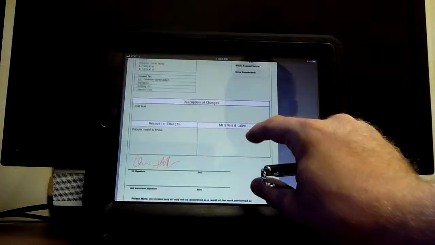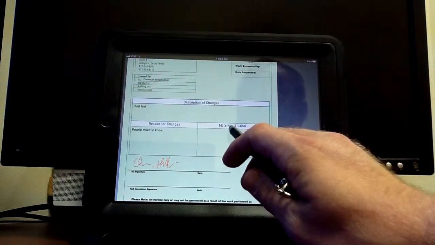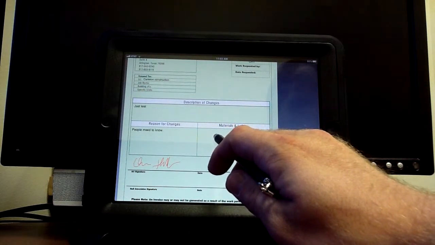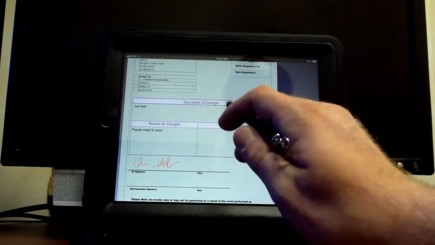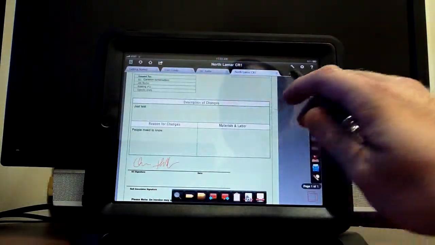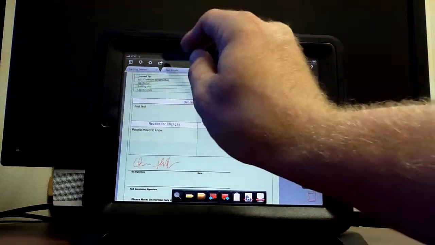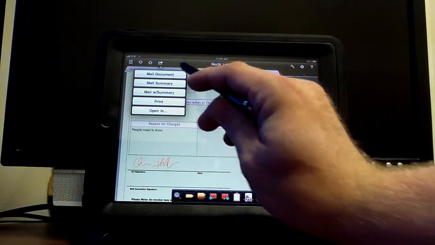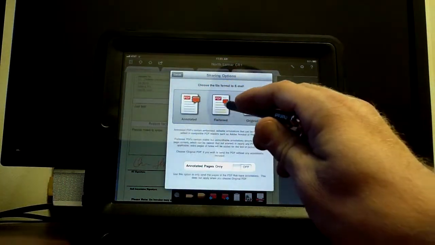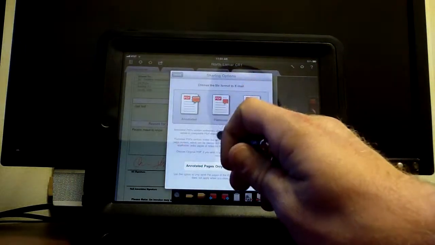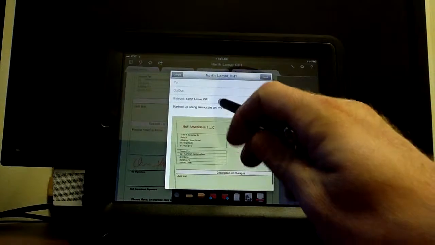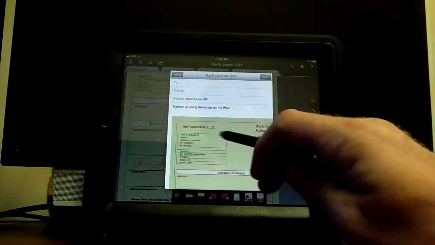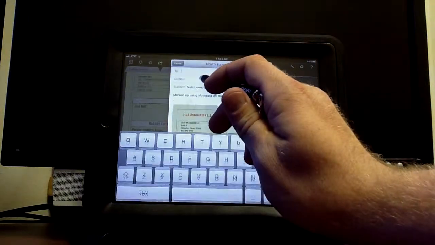So after you've annotated it and put in all your notes, you would also need to put in material and labor, how much 2x4s it took to do it, or how many guys, how many hours it took. And then from there, you would tap the screen to pull up all your menus, and then you would email the file to Jeff Rowan by tapping that little box with the arrow coming out of it right there. And you would go to Mail Document, and then you would go to Flattened. And then from there, it's going to pop up a General Email tab, the way that it would if you were sending an email from any other app or just from the iPad. And then from there, you can select who you want to send it